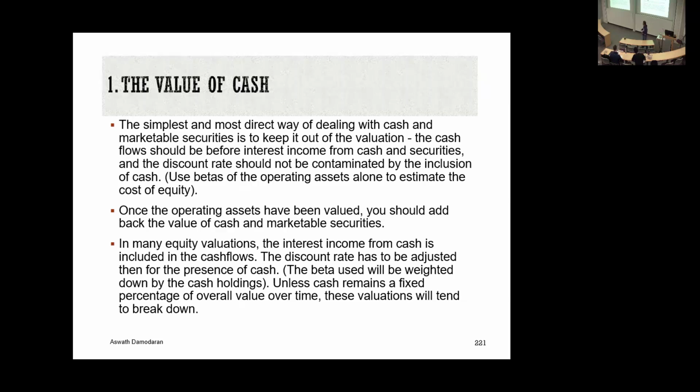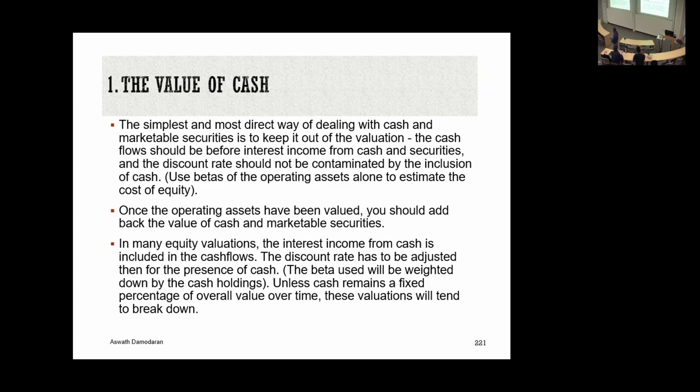So 100 million cash is worth 100 million. And at least in firm valuations, you keep it apart till the last moment, right? You value the free cash flow, discounted at the cost of capital, and you bring it in at the last moment. In equity valuation, it's actually unclear where it shows up. You do a dividend discount model. Where does the cash show up? Maybe it's being used to pay the dividends, but it's kind of implicit.